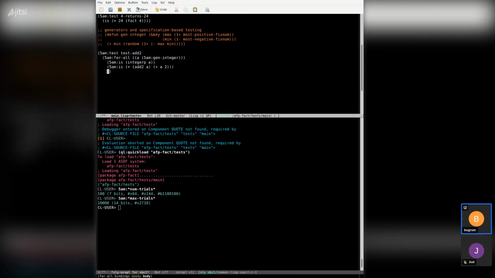Now, if you're coming from the Haskell space, you might end up using, say, is, and then all you need to do is just simply call the property-testing simple equality on the function add to with the parameter a, and what we're going to check is a plus 2. All right. Now this looks a little bit more